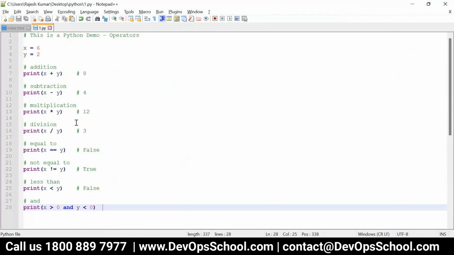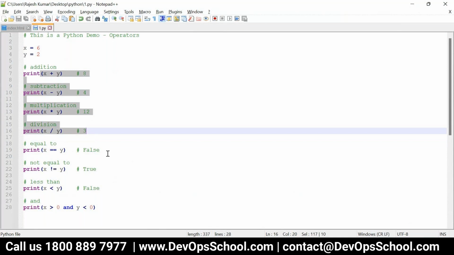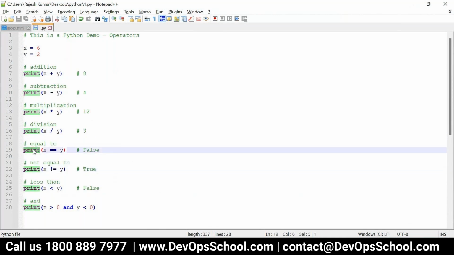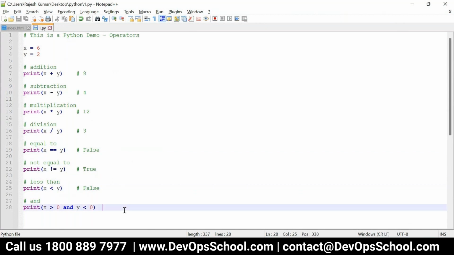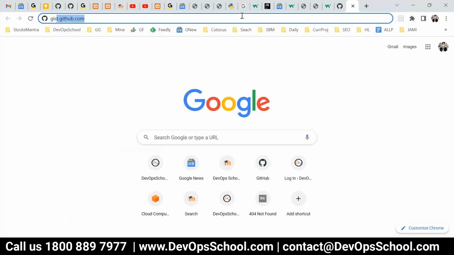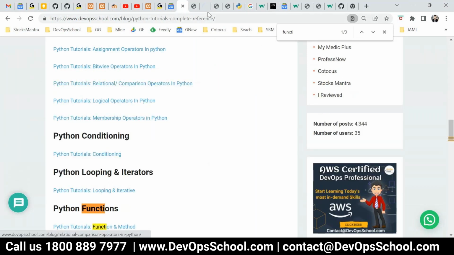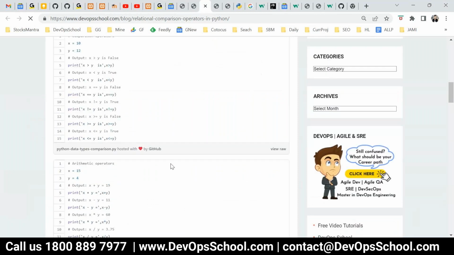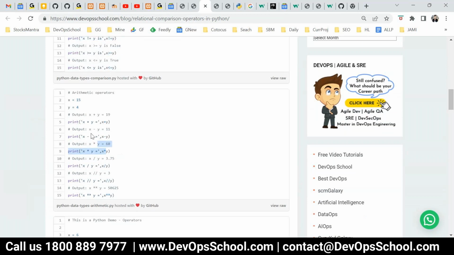Now you see that here, 6 plus 2, some arithmetic, and after that, here you have assignment. So print x is equal to y, false, x is not equal to y, whatever it is, and x less than. So this is the way you can use the assignment operator. Now, this is a bitwise operator. Like that, you will try this one, a relational operator. So here you have a relational operator, some use cases, comparison operator, arithmetic operator,